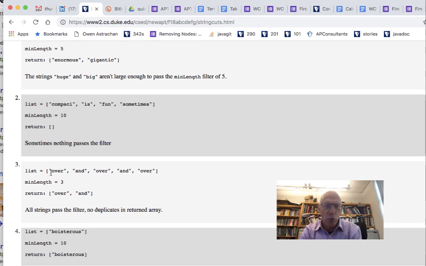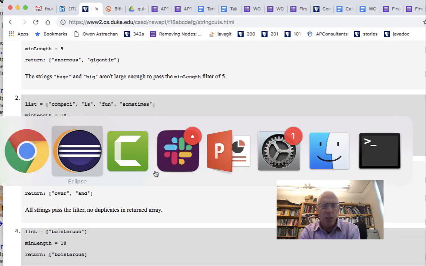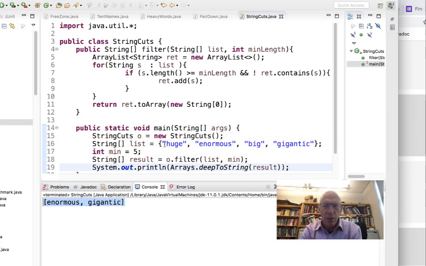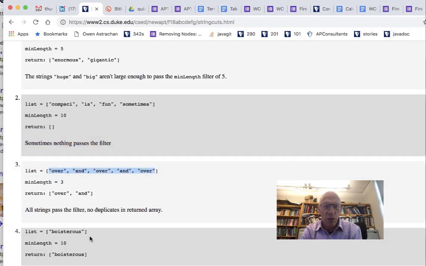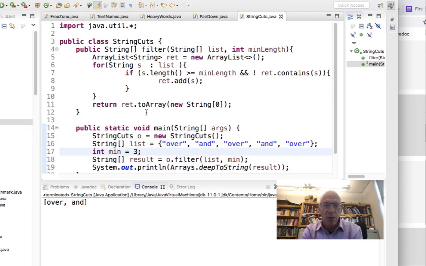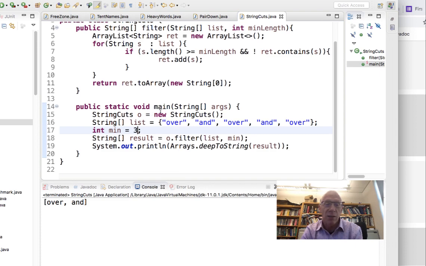I'm supposed to try it with over and over and over and over and a min length of 3. Let's try that. Over and over and over and over. Copy paste. Min length 3. Run it. Over, and I check the results here. Over, and I'm pretty confident. The advantage of using main here is that it's simpler to test, and if